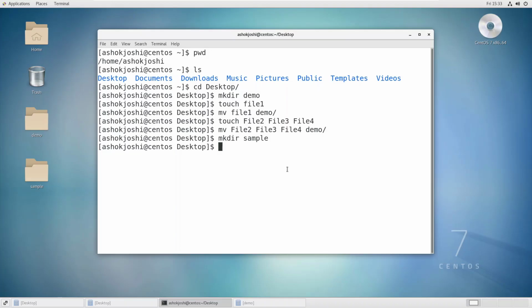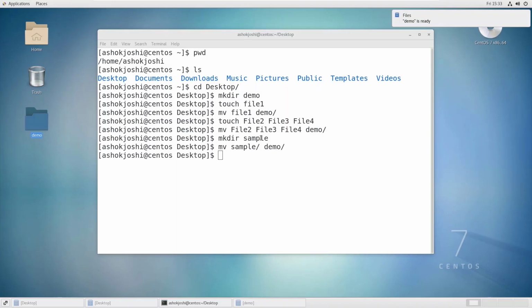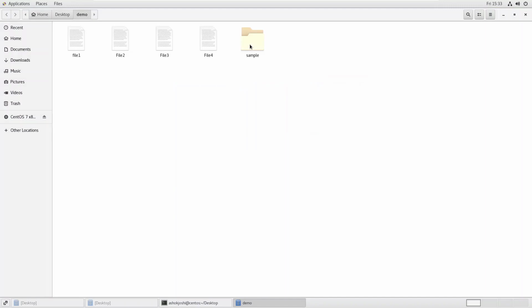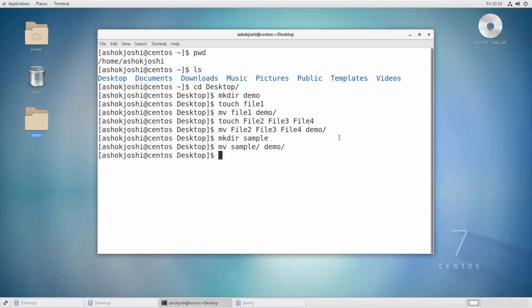That's very simple, guys. Just write mv sample, this is the source, and the destination is demo. If I press enter, notice sample is gone now. If I open demo, you can see we have sample inside the demo directory. So that's how you can move a directory inside a particular directory.